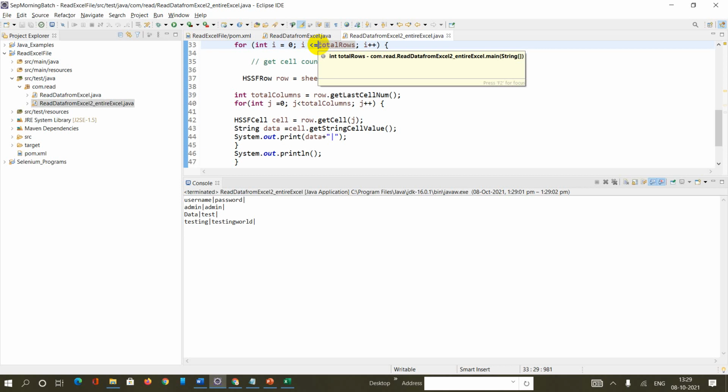In the next lecture, we will see how to write data in Excel in